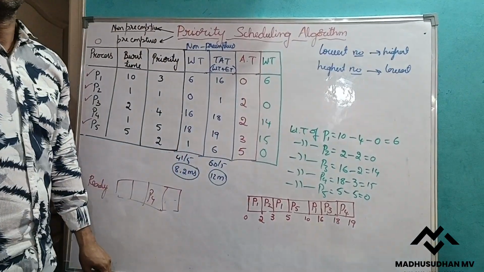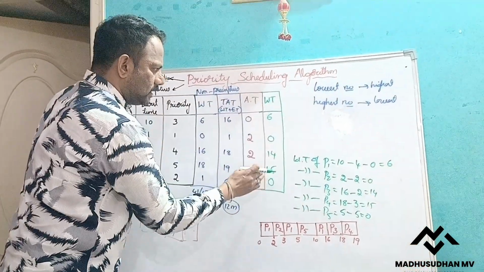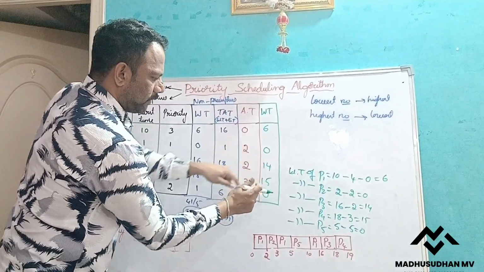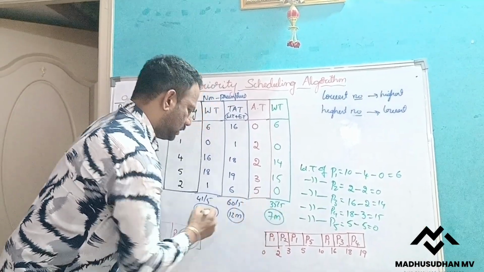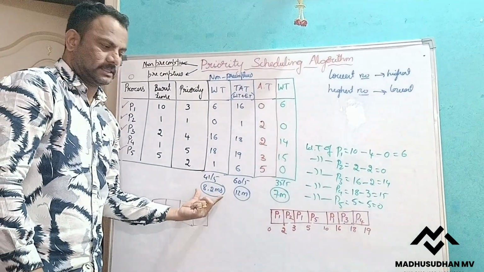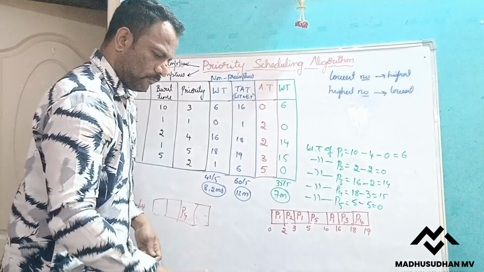So it is 0. Now to find the average waiting time, I can add all these: 6 plus 14, 20, 35. 35 divided by 5, 7 milliseconds. Whereas this is 8.2 milliseconds, and this is 7 milliseconds. Okay. Now let us find out, finally,